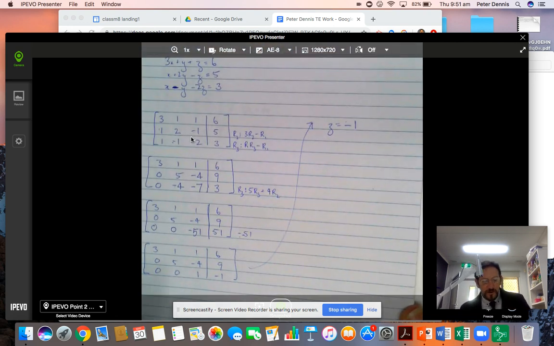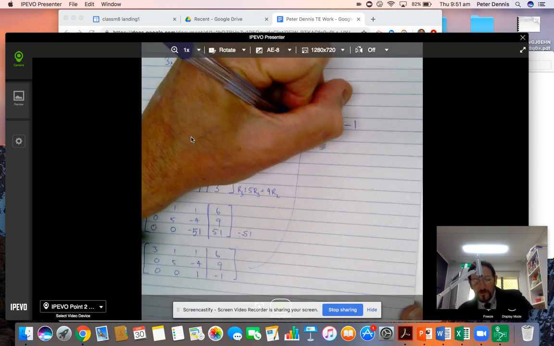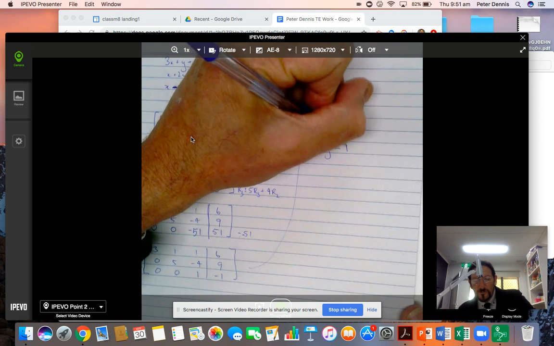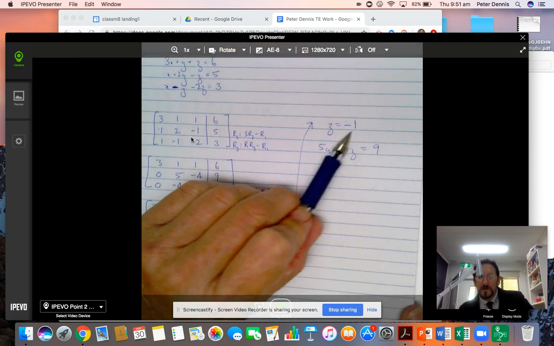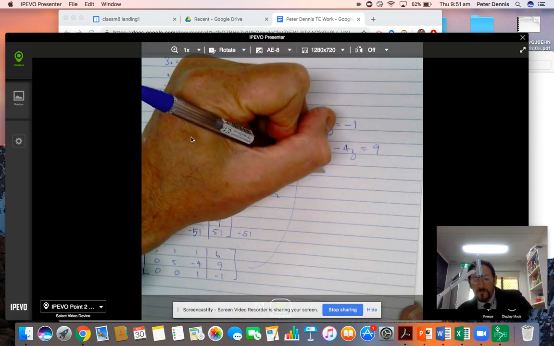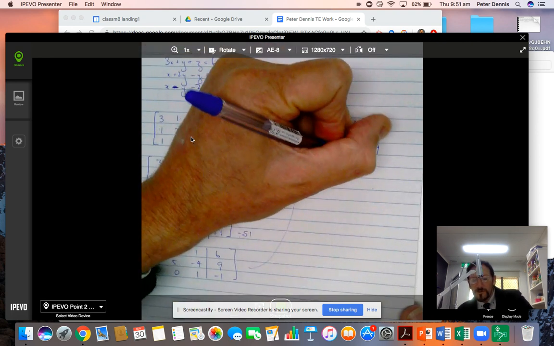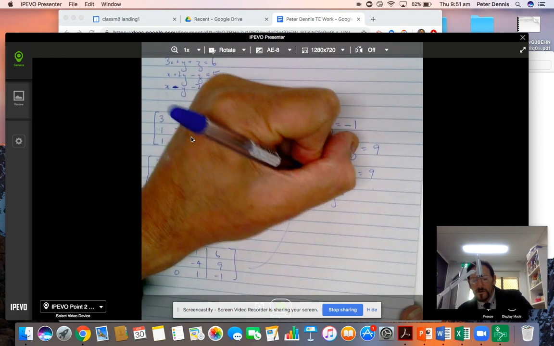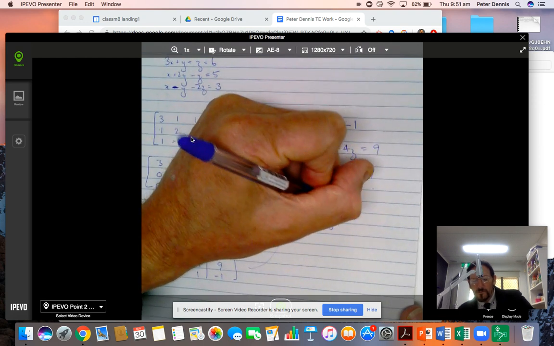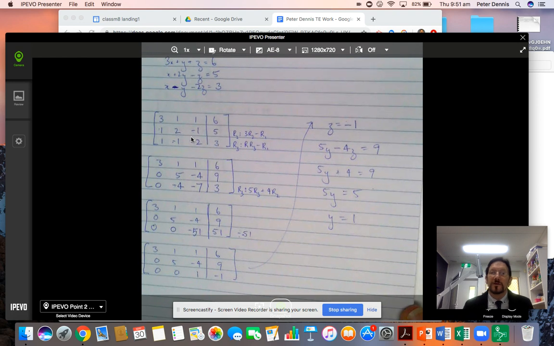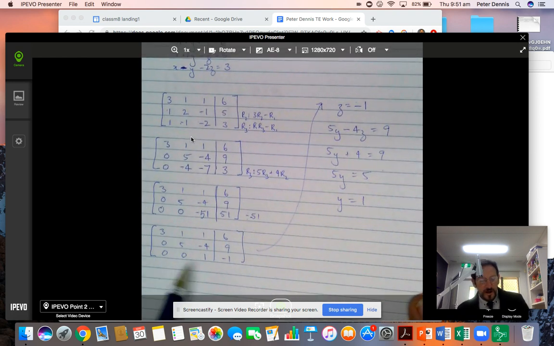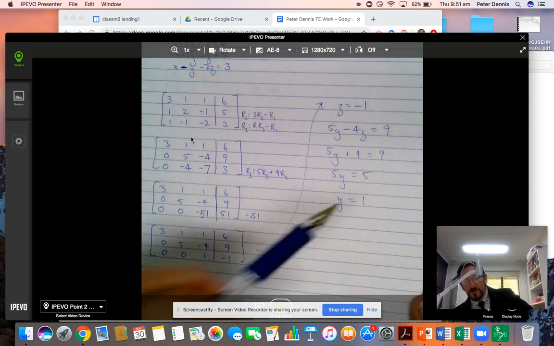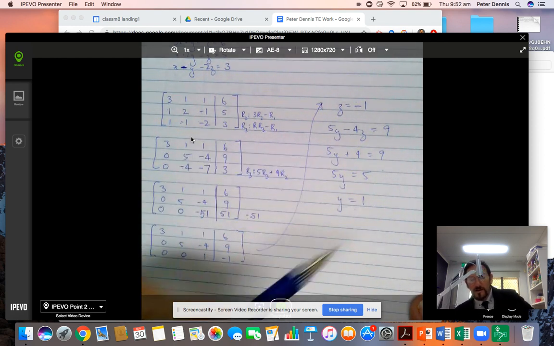Then we can say, okay, well, if z equals minus 1, from this row we've got 5 lots of y minus 4 lots of z equals 9. But we already know that z is minus 1, so we get 5y plus 4 equals 9. So 5y equals 5, y equals 1. Nice simple equations. And then we can substitute it into